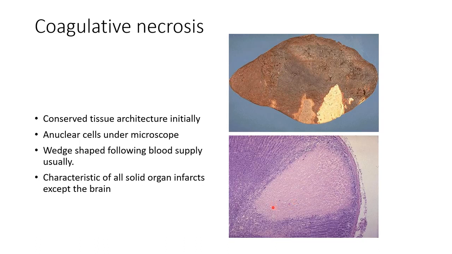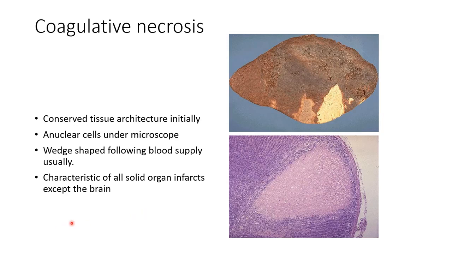So the cause of coagulative necrosis is loss of blood supply, and this is the characteristic type of necrosis in cases of ischemia in all solid organs. What do we mean by all solid organs؟